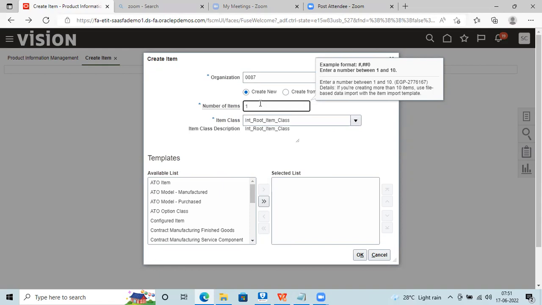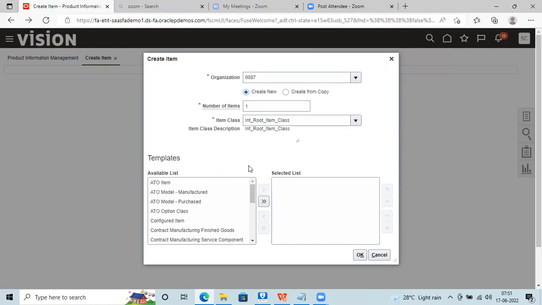Now coming to what we mean by templates. Different items have different components. It can be a manufactured one, it can be a purchased one, different types of items. If you want, I'll share a link with you tomorrow where you have all this template description. What this template does is, by defining an automatic template, which Oracle has provided to you,